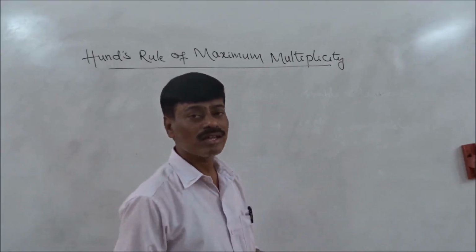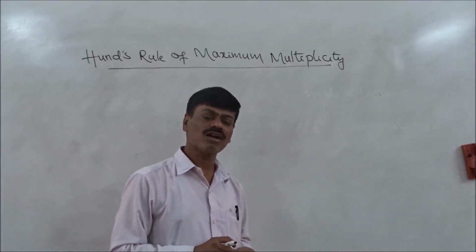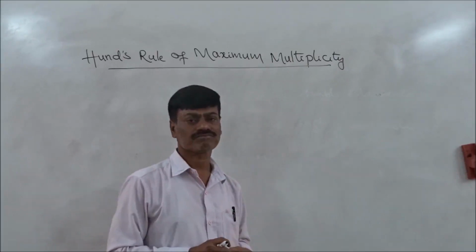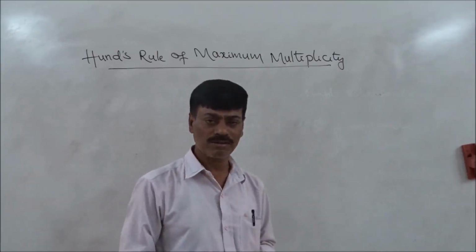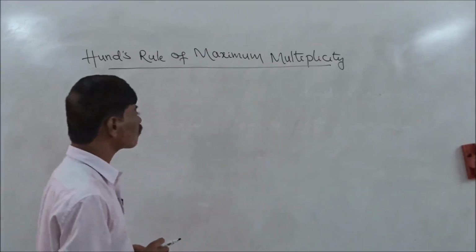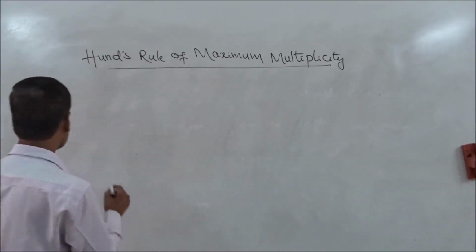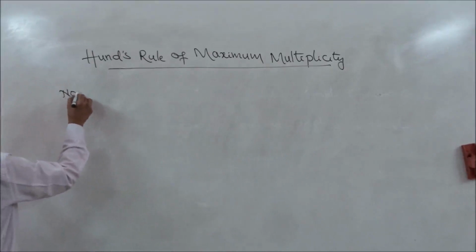So in that way, the fourth quantum number will always be different for the paired electrons of the same orbital. So according to Hund's rule of maximum multiplicity, no two electrons